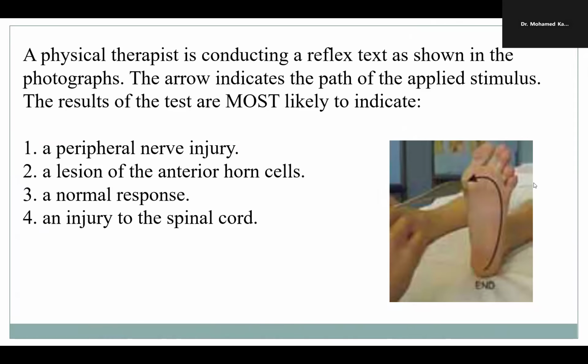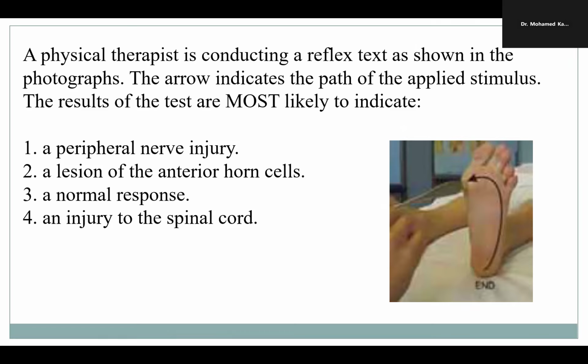A physical therapist is conducting a reflex test as shown in the photographs. The arrow indicates the path of the applied stimulus. So we start here and go this way. The results of the test are most likely to indicate